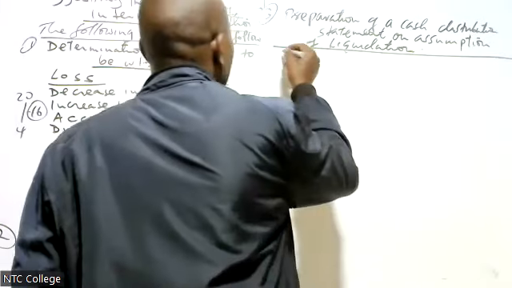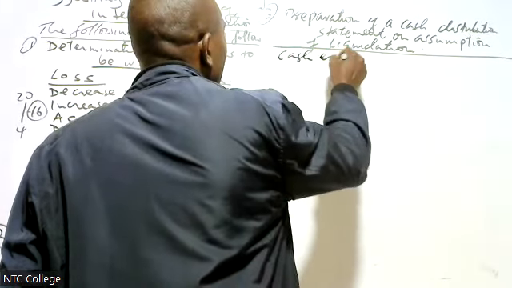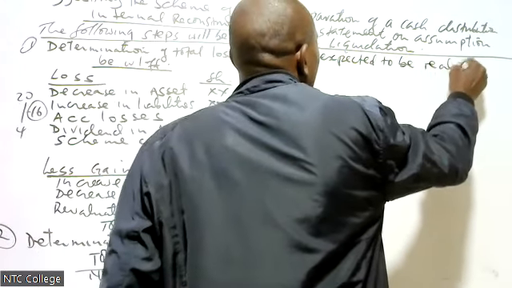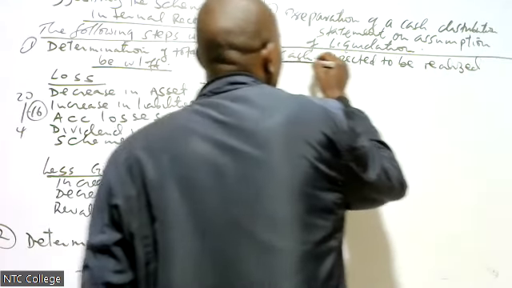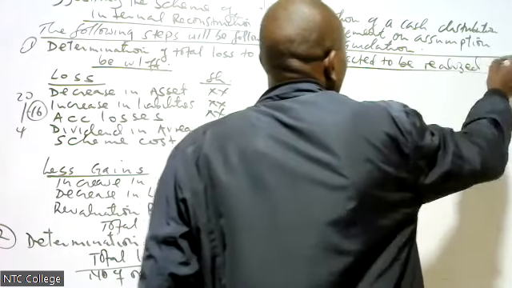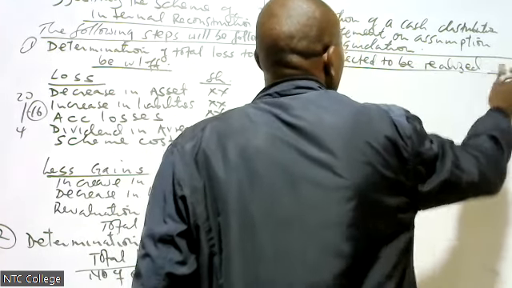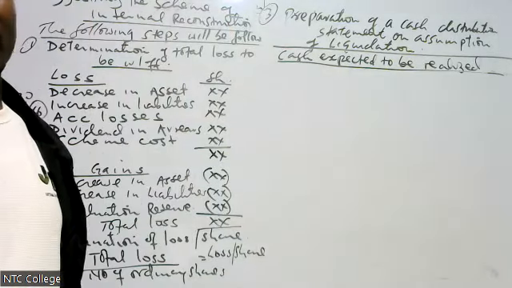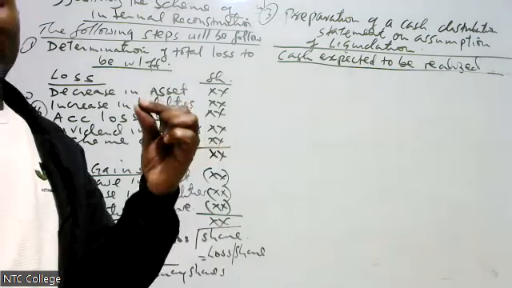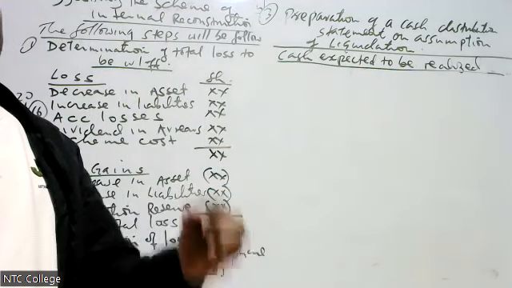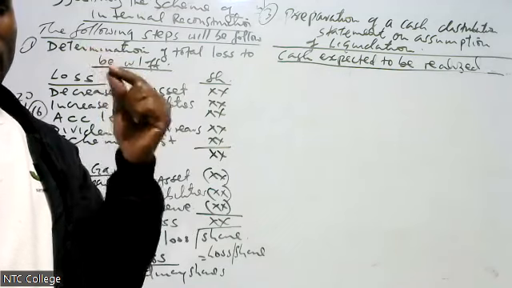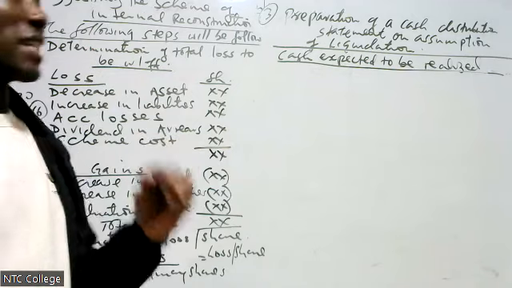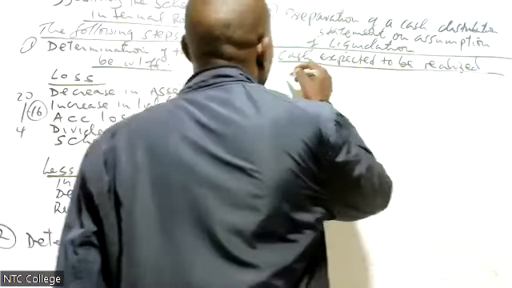We say cash expected to be realized, then shillings in millions. Where are we realizing our cash? We take our assets at fair value. You take your assets at fair value. Therefore, here, I will say,